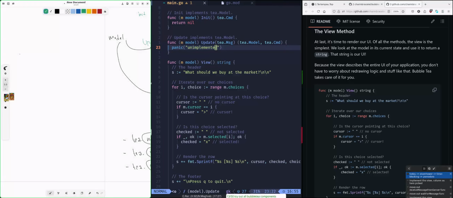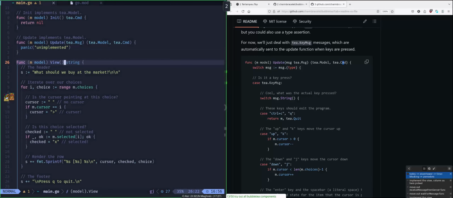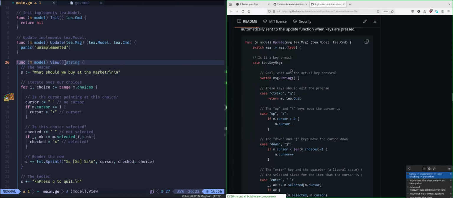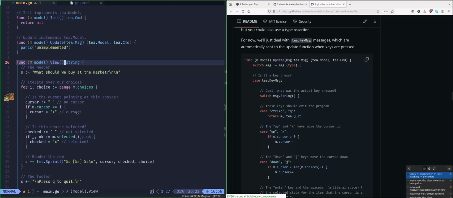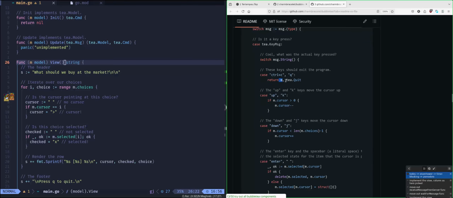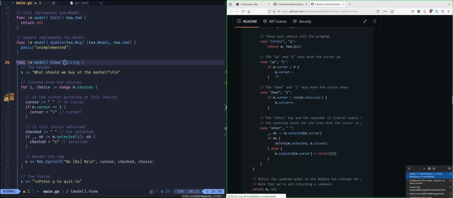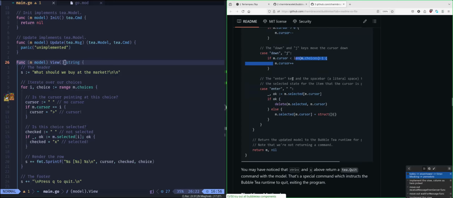Now I'm going to continue by copying this. Oh, okay, I already copied it. So this is just going to quit. This is the command and the returning model. And when I'm pressing up, it changes the model. This changes the model too. And this is pretty much the same.